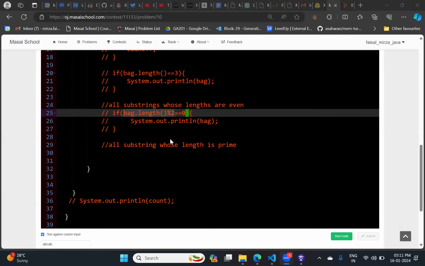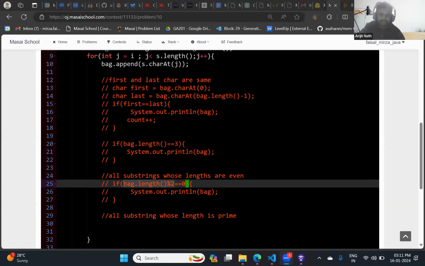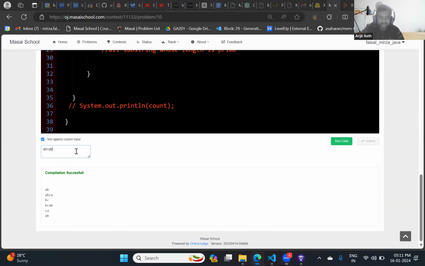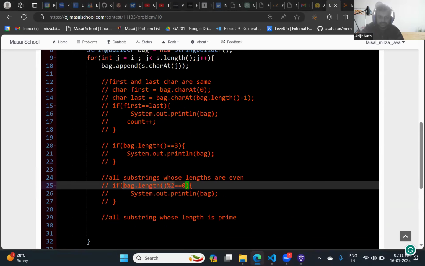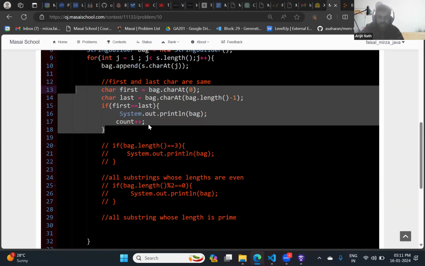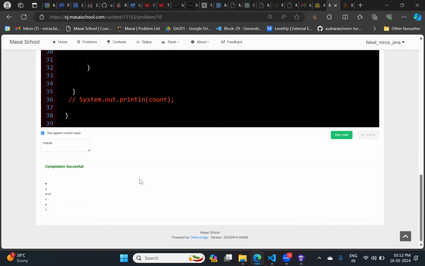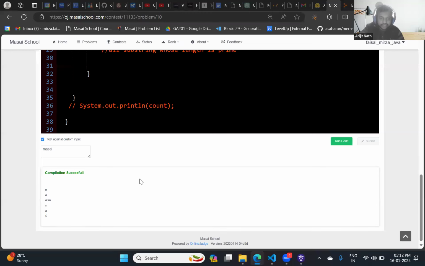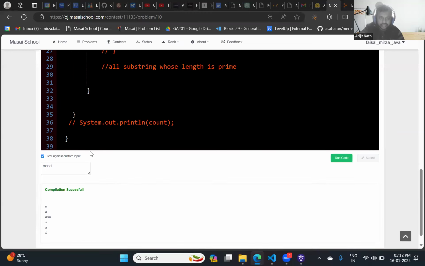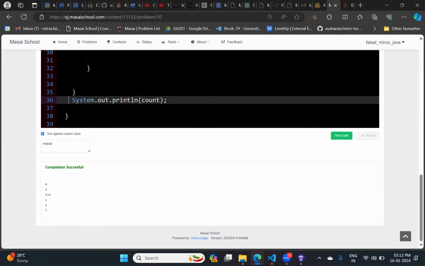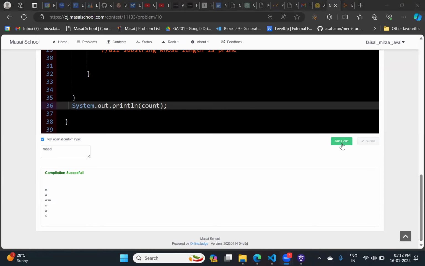So who has a doubt? Arijit, you can unmute. Yeah, good evening, sir. Hi. Sir, I have some doubt in that Masai string. Can you just print those substrings and change it to Masai, sir? Can you print the count, sir? So it has to be 6, right? So let us print it.